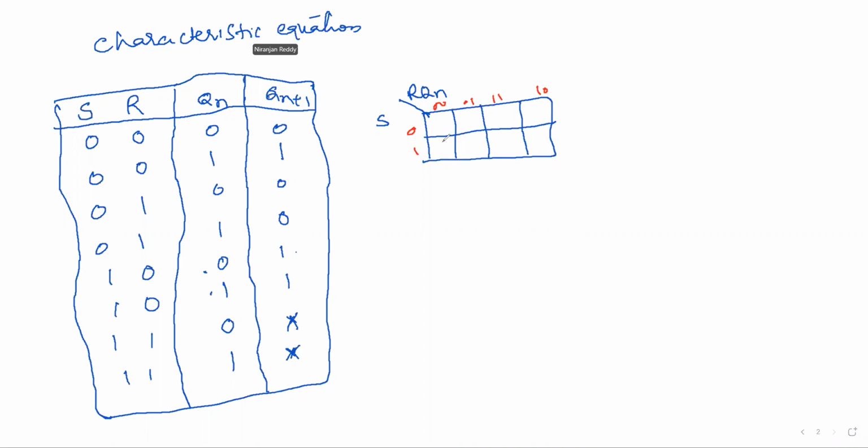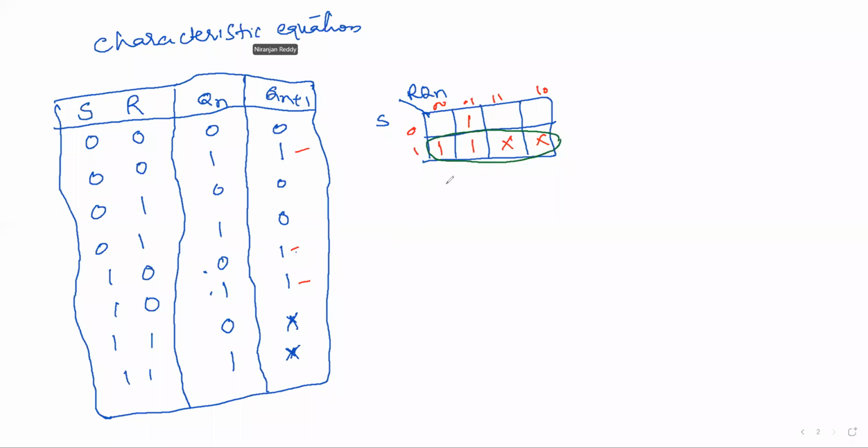Okay. So where the ones are there, see, this is a 1, this is a 1, this is a 1. The corresponding 1, 0, 1, 1, 0, 0 and 1. Okay. So how it will be? This is 0, 1. Next, this is 1, this is 1, and the last two, 6 and 7, both are don't cares, right? So now what do we do? We have to go for grouping. This is one quad.